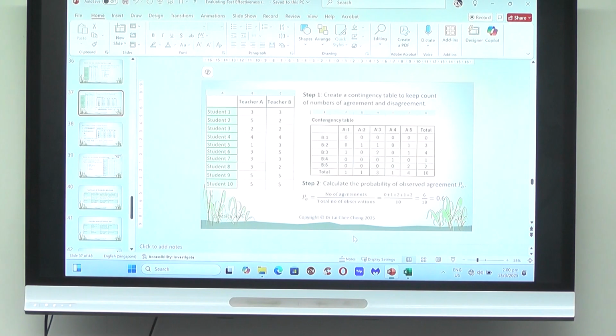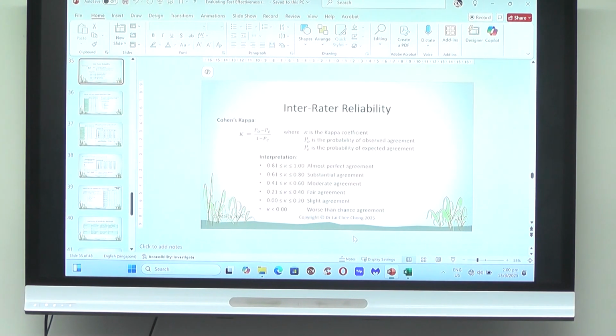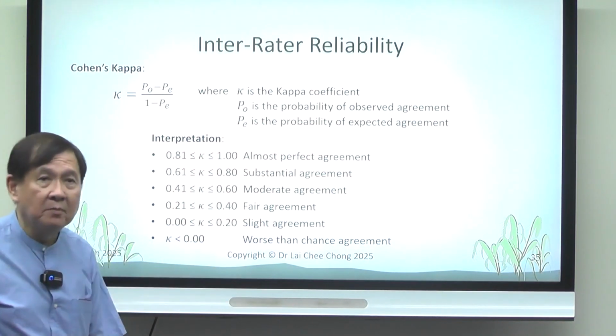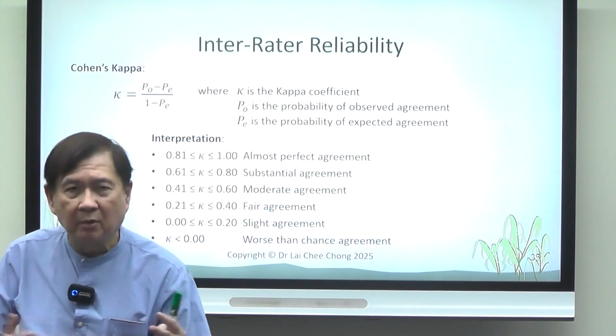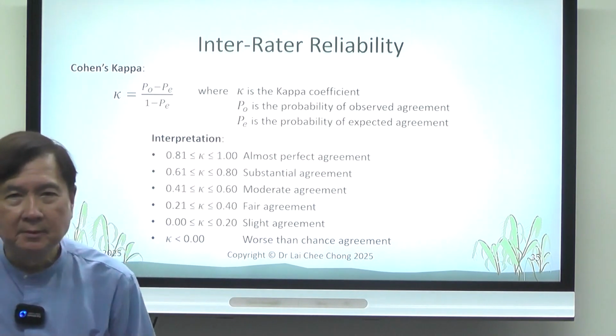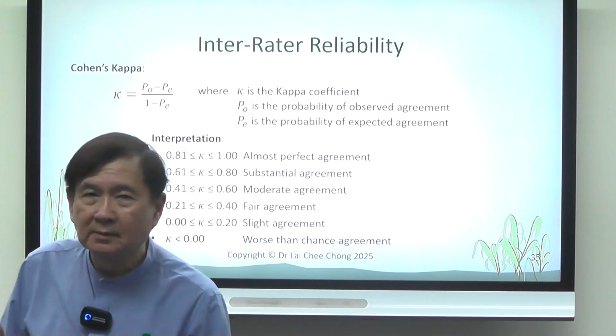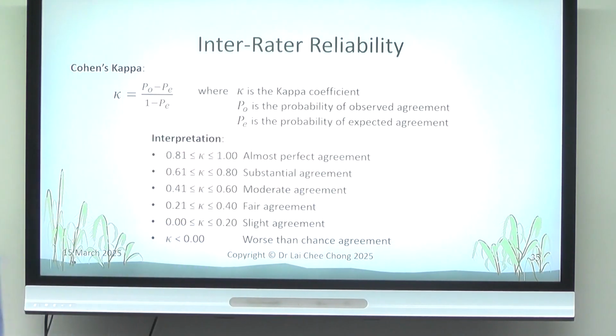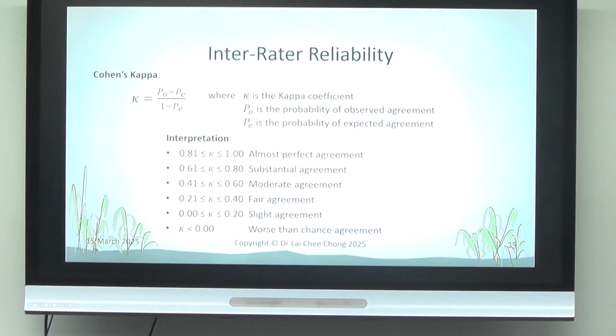Now, let me summarize all these methods. So far, for the whole test, we talk about reliability, and these 3 types of methods. First is test and retest. We try to evaluate the stability of the test score over time. Are the test scores stable enough? If there's no significant change in the student's knowledge or ability between the 2 tests, hopefully there's no very big change between the 2. And we use the Pearson product moment correlation coefficient to calculate this